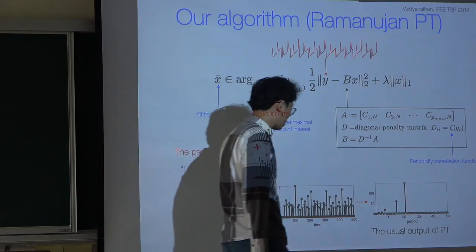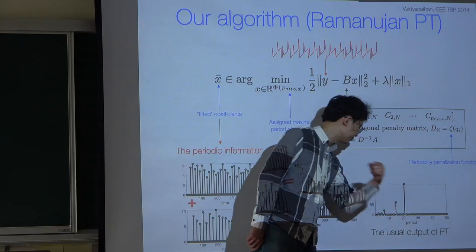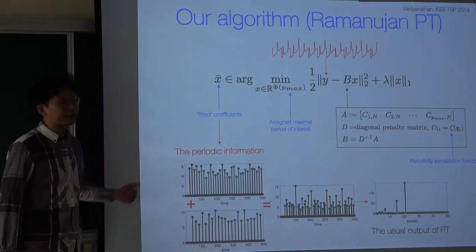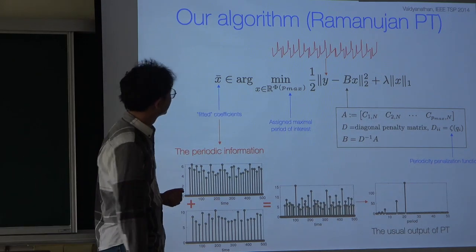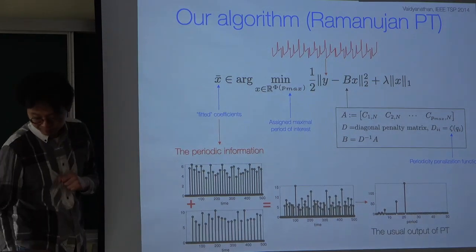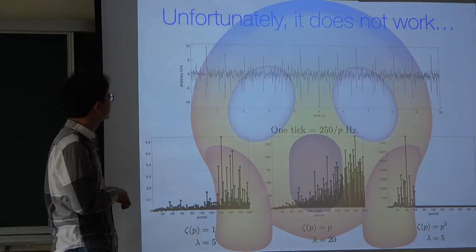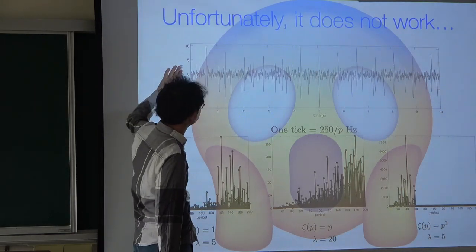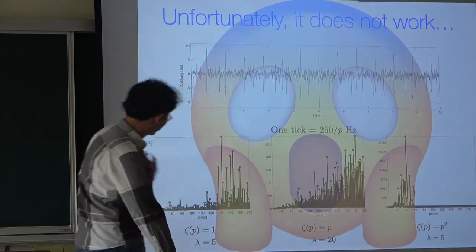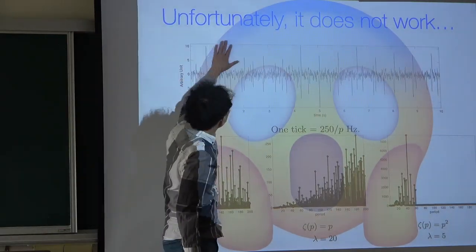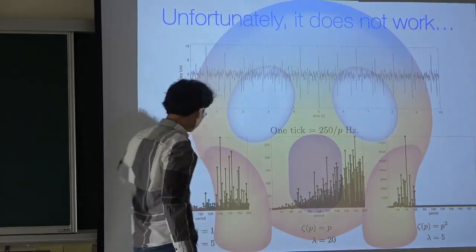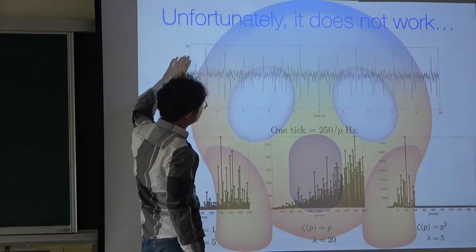And the output gives you the information you have interest in. So that is the algorithm called Ramanujan periodicity transform. But unfortunately, it doesn't really work if you apply it to the fetal ECG. This is the fetal ECG signal, and if you just apply the Ramanujan periodicity transform to it,